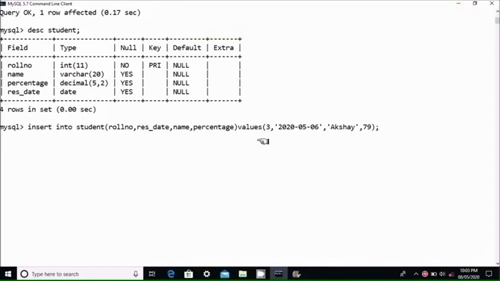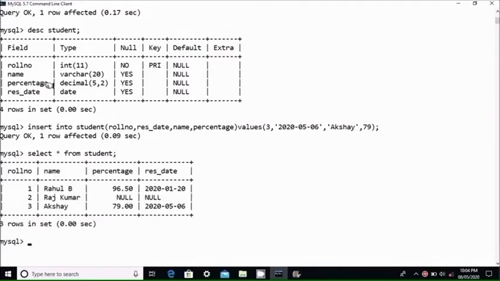Here the first value 3 will be added to the roll number column. Then this date will be added to the result date column. Also this Akshay for name and 79 for the percentage column. So this data will be added to the corresponding column. Now we can check by the SELECT statement. SELECT * FROM student. So this is our third record.